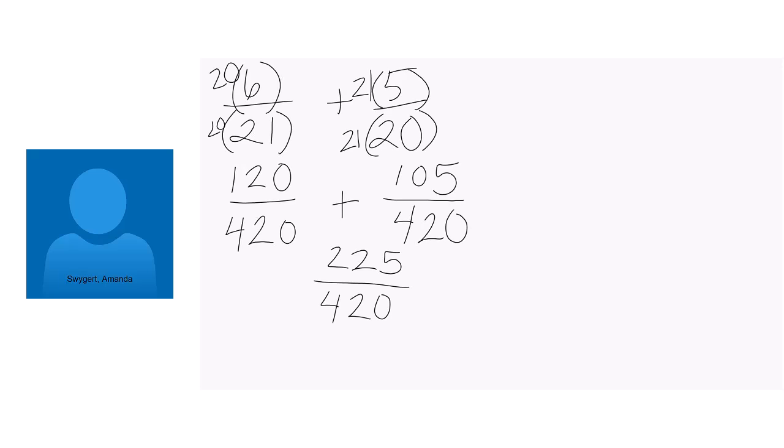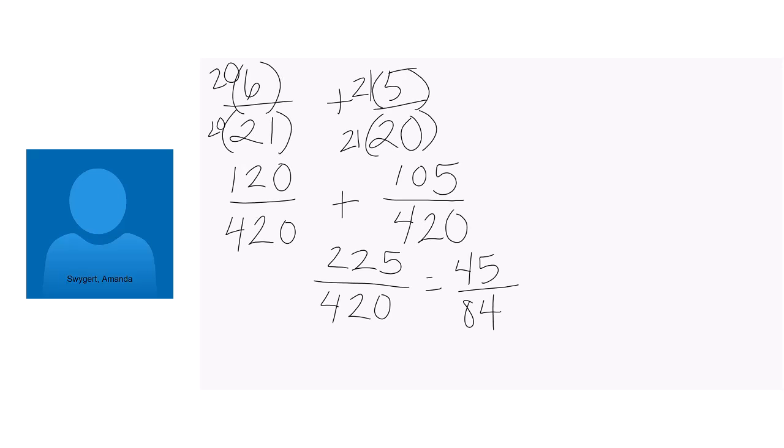So what I notice is the first one, 225 ends in a 5, and 420 ends in a 0. If something ends in a 0 or a 5, that means you could either count by 5s or count by 10s. Knowing that one of them is a 5 and one of them is 0, I'm thinking count by 5s. So that means each one of these has to be divisible by 5. So I'm going to do 225 divided by 5. That's 45. Over 420 divided by 5, that's 84. All right, so this is my reduced answer, 45 over 84.